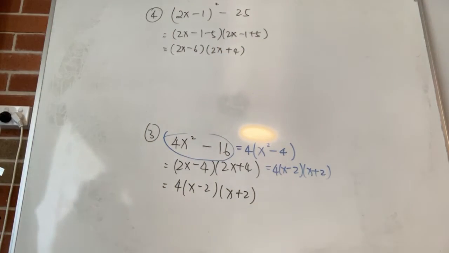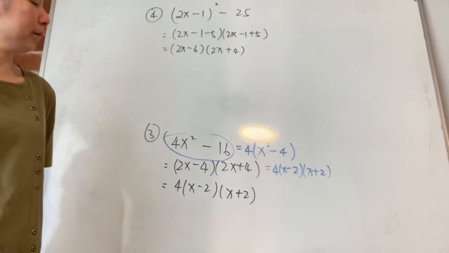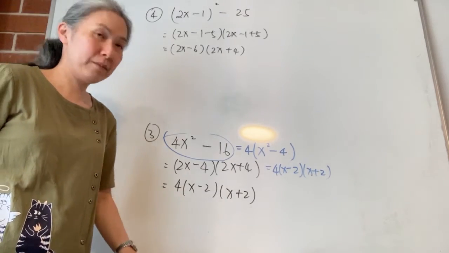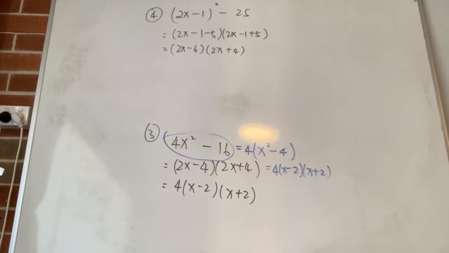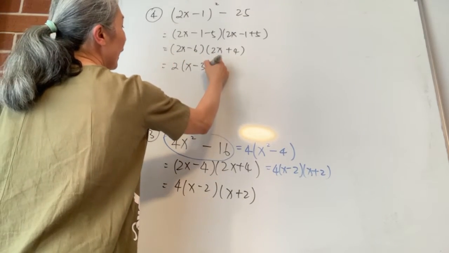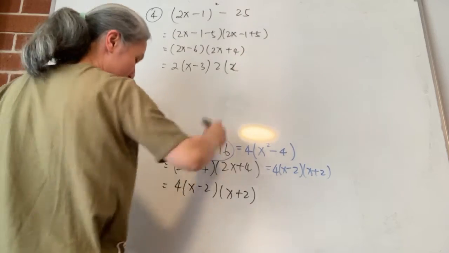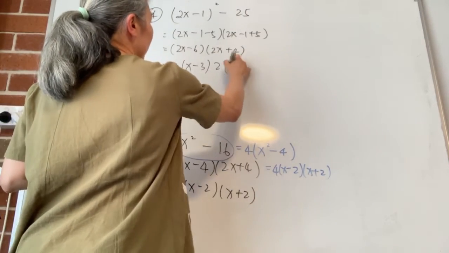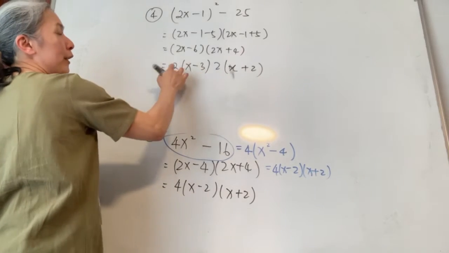Did you stop there? Make sure you didn't stop there. Keep going. Yes. Make sure you keep going, factorizing. Okay, you have 2 to factorize out, which is you can factorize a 2 from here and factorize a 2 from here again. And therefore, 2 and 2 give you